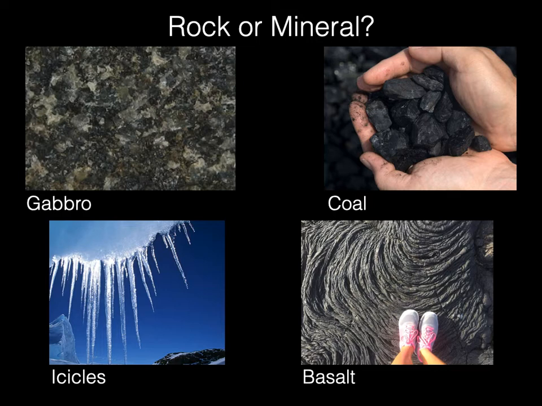How about basalt? It's a good one. Basalt looks like this. I brought a piece of pure basalt up here. Basalt looks all ropey like this because oftentimes it flows out of lava from a volcano. So even though it looks pretty homogeneous, it's actually made up of individual little crystals that are different. So it can be tricky. Some of this you just kind of memorize after a while.